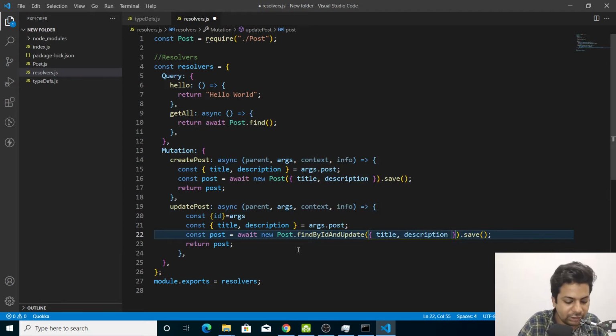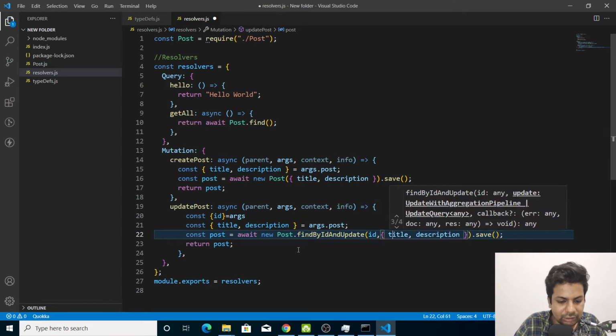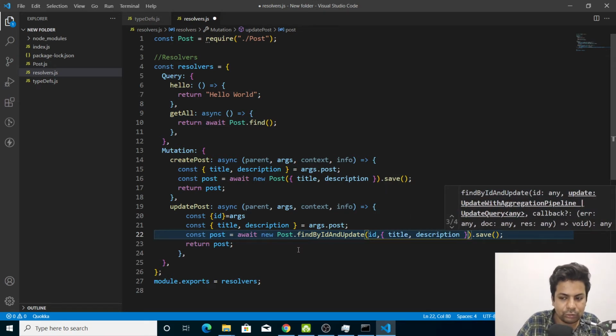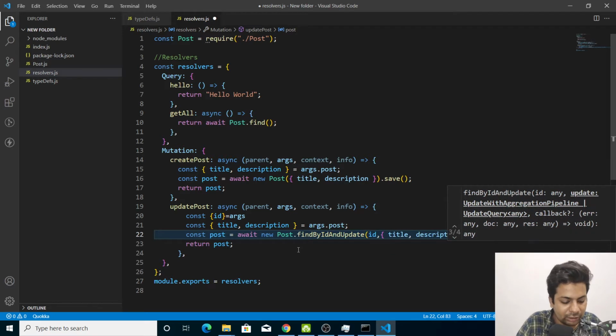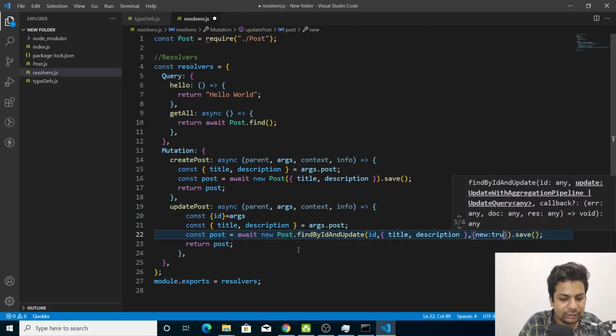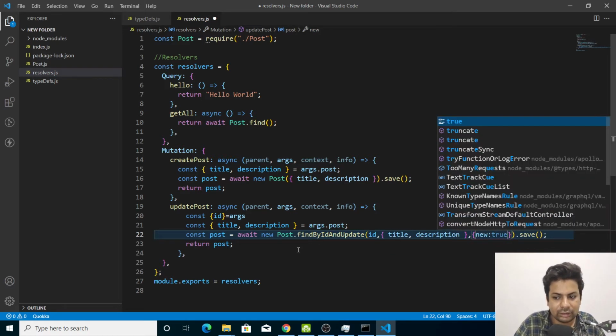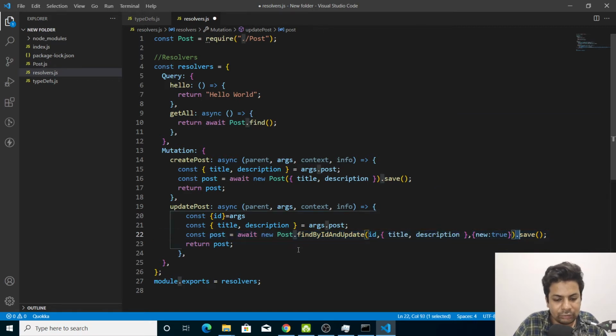And firstly we'll give the ID we got above, comma title description and new true. So new true we are passing because give me whatever the updated data is, so I can just return it back. And remove dot save and return the post.